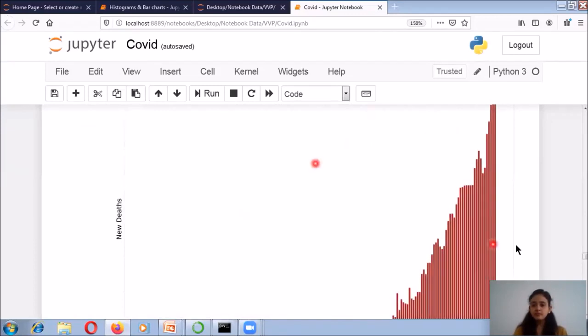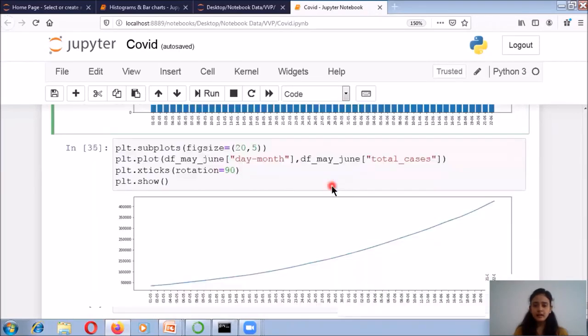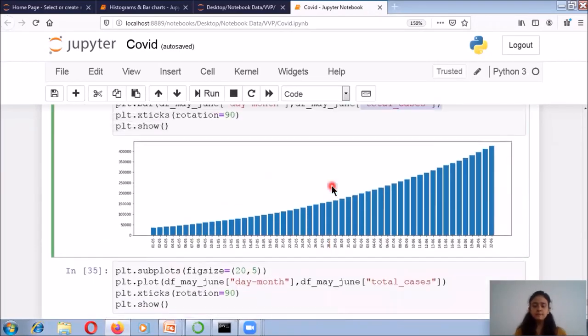So this is my graph related to the whole world, and this is the bar graph only. And at last I have extracted only the total cases of India, and I only want the analysis of the months May and June. So I have done the analysis from the 1st of May to the 22nd of June, because the last date in the data set was 22nd June.